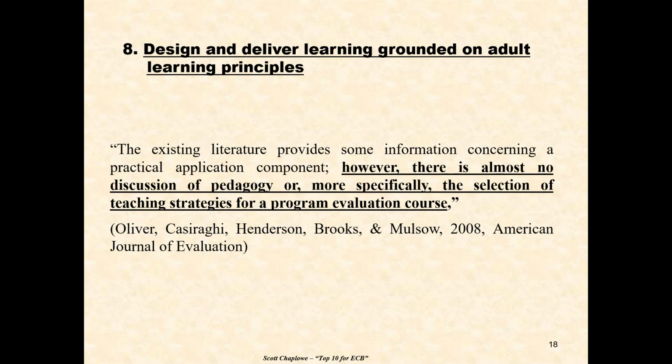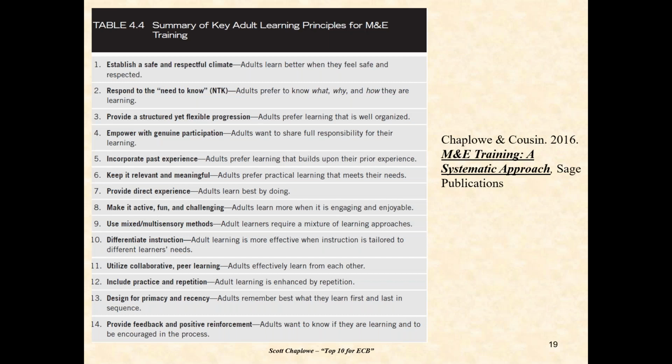Of course, in academia, you get a bit of that. But what we concluded was others felt the same way. We did identify 14 key principles in our chapter on adult learning. It's premised on the idea that adults are self-directed learners who bring to training past experiences, values, opinions, expectations, and priorities that shape why and how they learn.